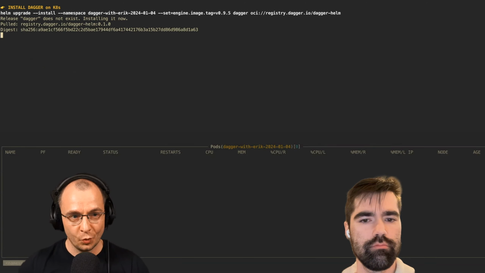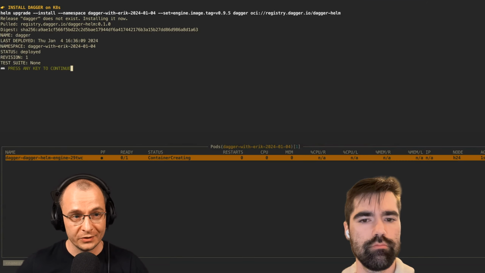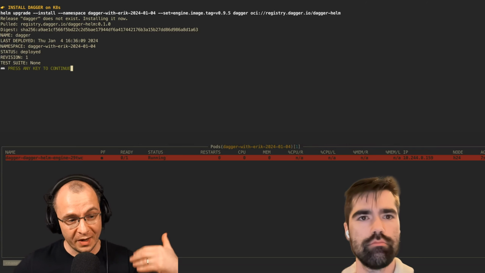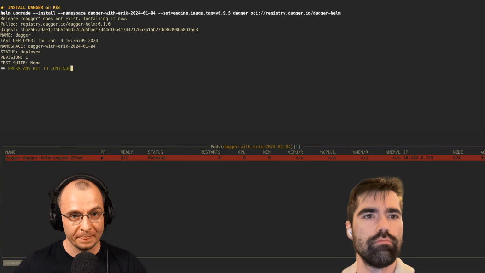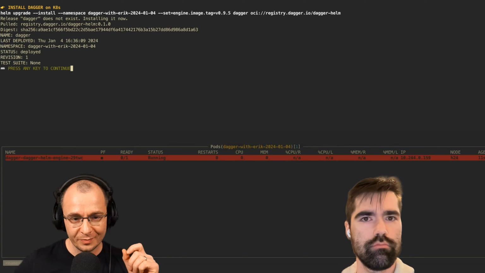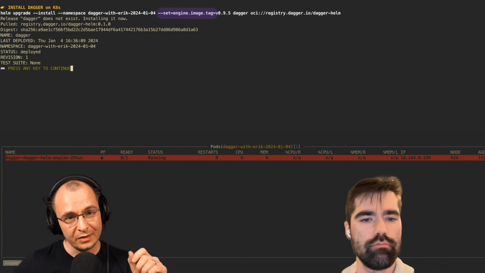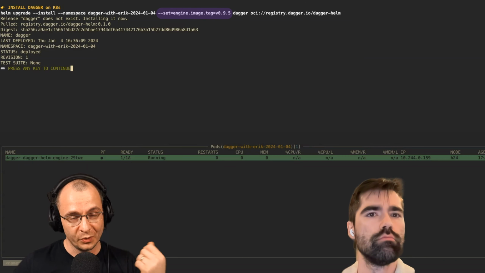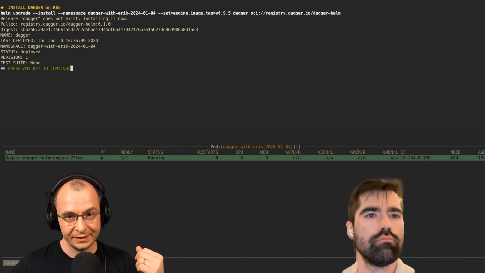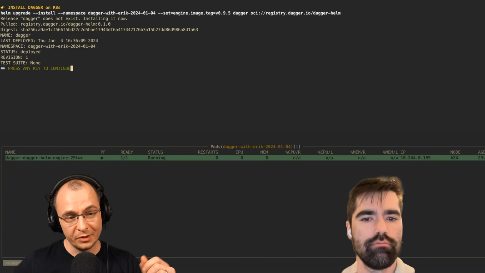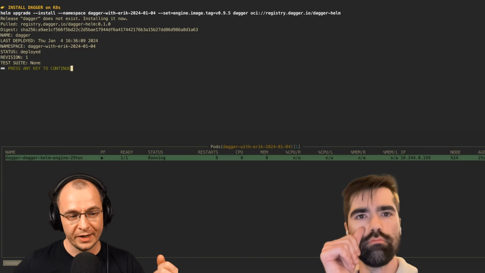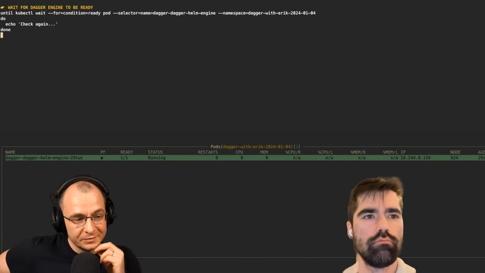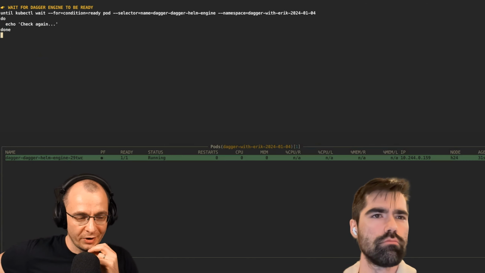This is the one line that's required to install Dagger. There's a Helm chart. We've already created the namespace, so we're just reusing the same namespace. Now, the one thing which I still need to get back to and fix is I have to set the engine image tag explicitly. We're not bumping it inside the Helm chart whenever we release, so that's a reminder for myself. And the Helm chart itself just comes from an OCI registry, registry.dagger.io/dagger-helm, and that's all that's needed. So now, the next step, let's wait for Dagger Engine to be ready.